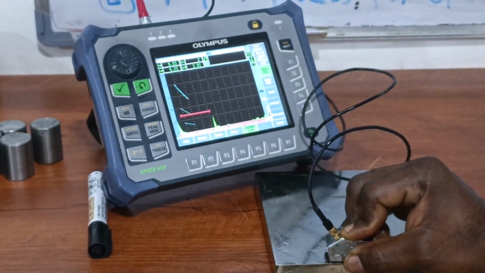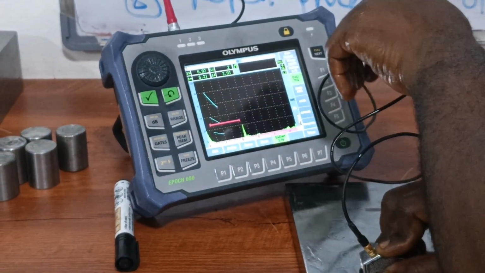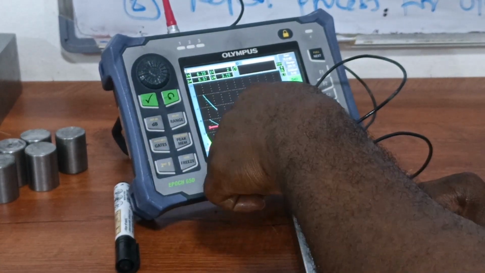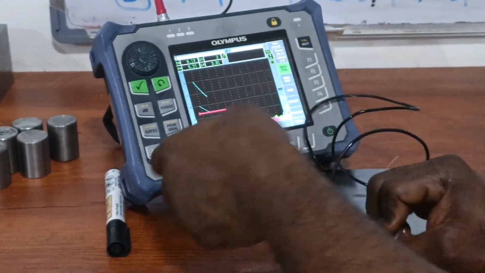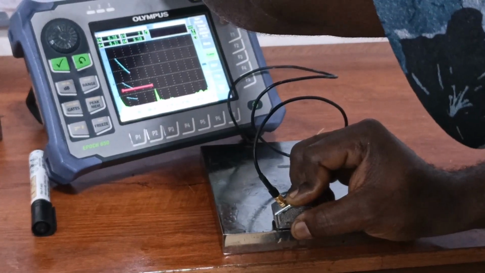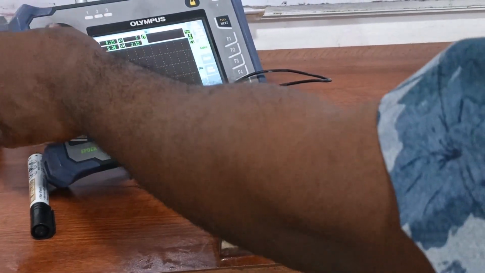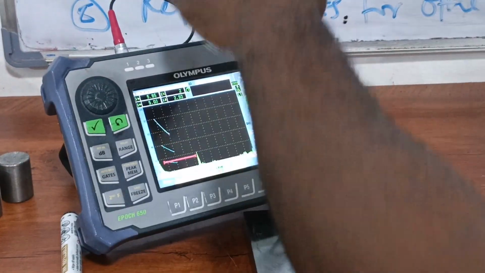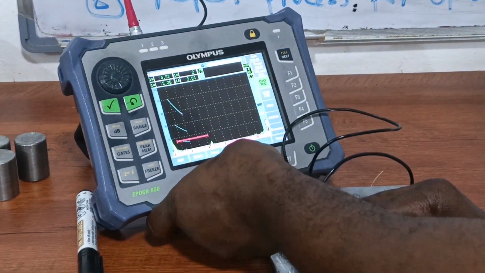Now, if you look at this, this is where I think Sonatest is a little bit easier in terms of the gate. The echo I'm getting now is lower than the gates that I'm working on. So I will need to go to my normal gate menu. I go to my normal gate menu and I reduce the level. So I can go back to my DAC and go to gate start